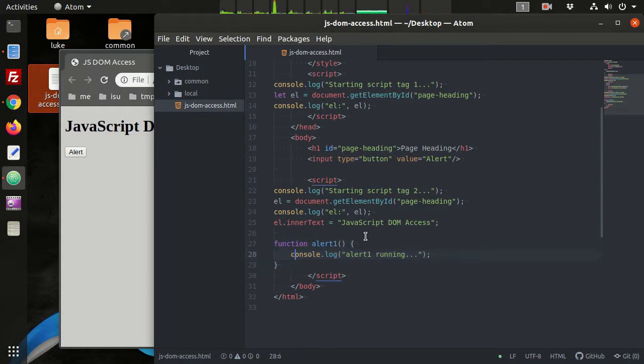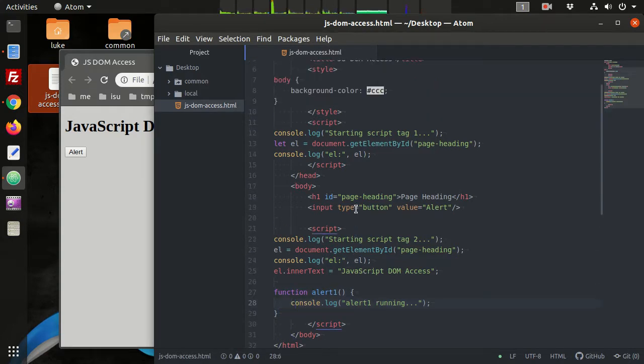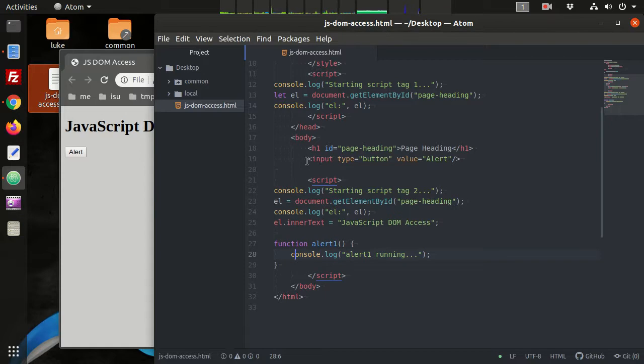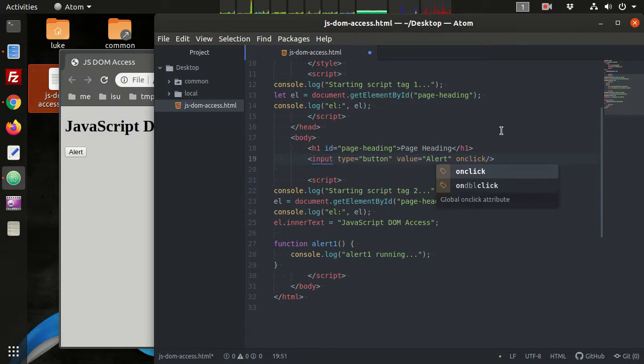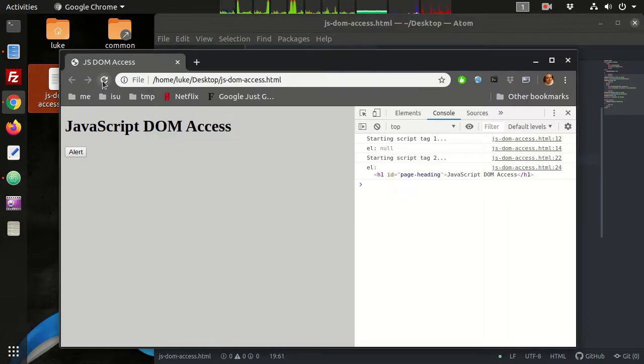Okay, so what we're going to do is we're going to have on an HTML element, specifically this button, we're going to attach functionality. So when the click event occurs, on click, we want this function to execute. We want to call this function alert1. So we'll say alert1 like that. Reload the page. Okay, so the function has not been called, right? But now every time I press alert,